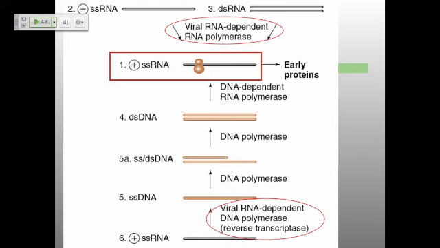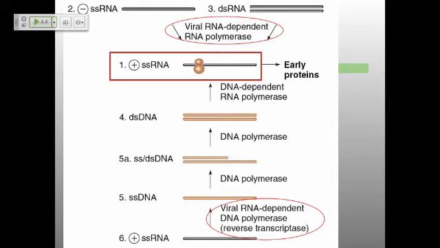And what that means is that all of these negative strand RNA viruses have to have an RNA-dependent RNA polymerase with them in the virion. If they don't have it, they're never going to be able to replicate. Same thing is true down here for the retroviruses. They have to have a reverse transcriptase. Otherwise, it's not going to be able to be functional. So you always see the pictures of releasing the genome inside the cell. Well, it turns out in the case of these negative strand RNAs, and the double-stranded RNA viruses as well, all have to have viral-dependent polymerases, and the same thing is true of the retroviruses.